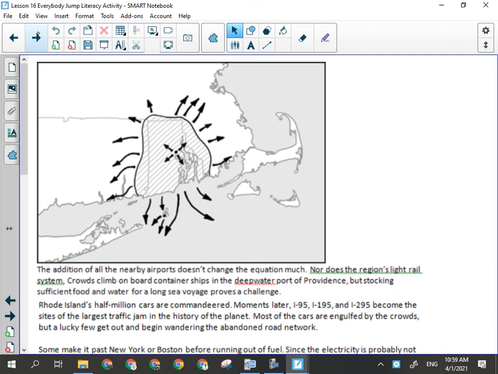Rhode Island's 500,000 cars are commandeered. Moments later, I-95, I-195, and I-295 become the sites of the largest traffic jam in the history of the planet. Most of the cars are engulfed by the crowds. It's like something out of the early seasons of The Walking Dead. Okay? That's what it would look like. It would be chaos. Okay? All right, so